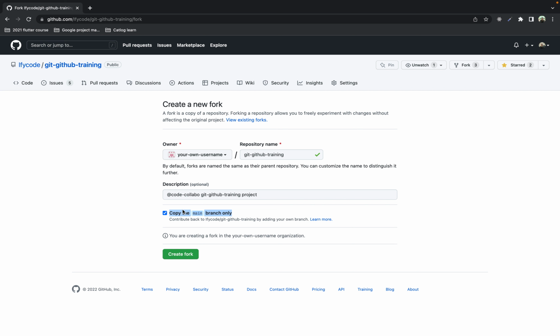We want the develop from the original repository. So I'm just going to uncheck this copy the main branch only checkbox, so that way we have all the branches that are in the repository. So looks good now. I'm going to create fork. So I click on this create fork button,